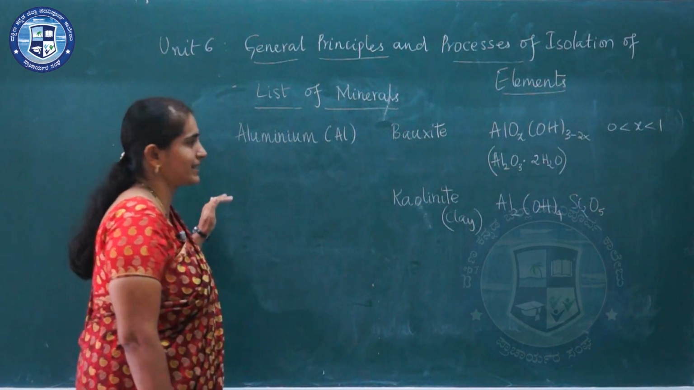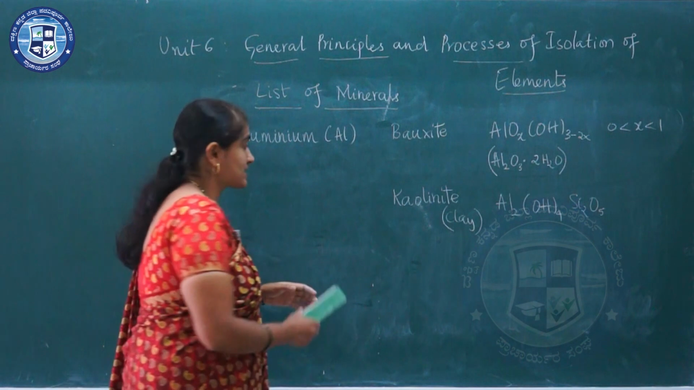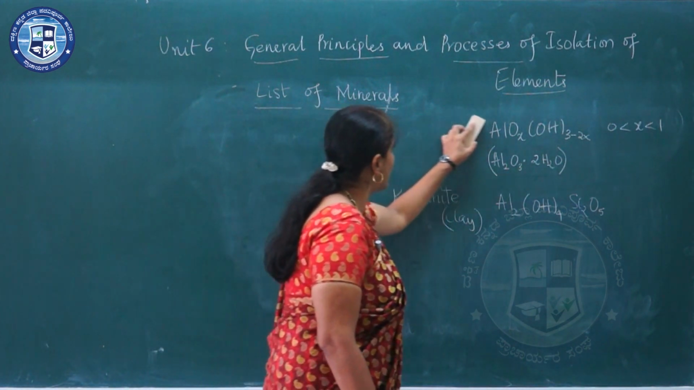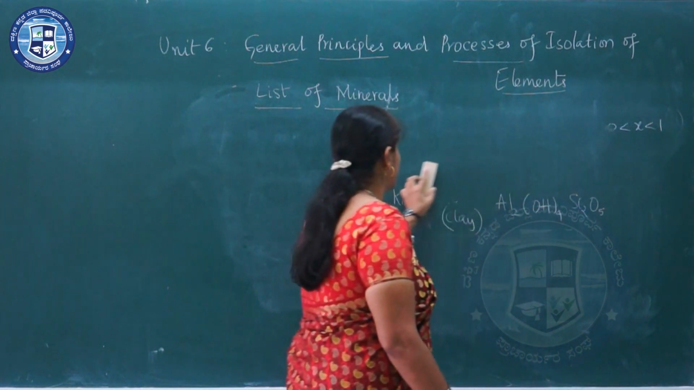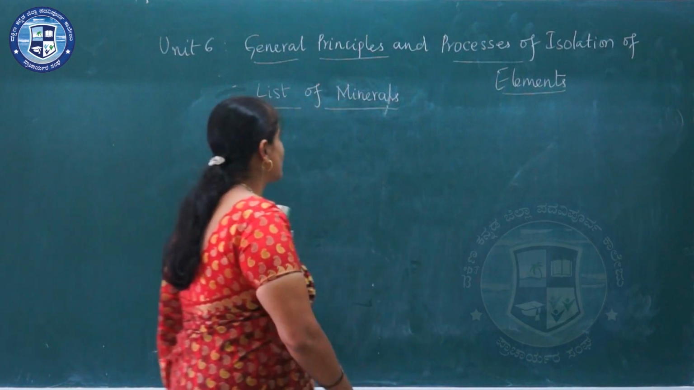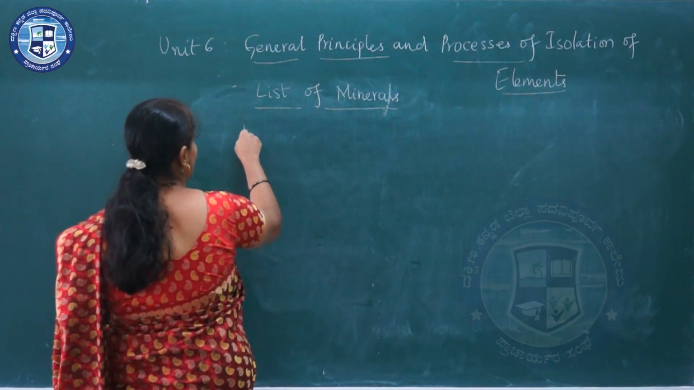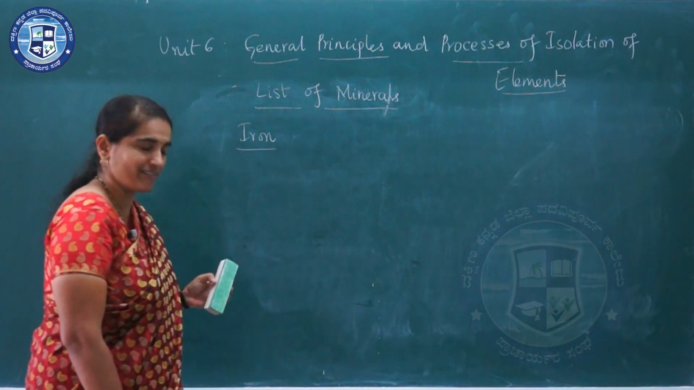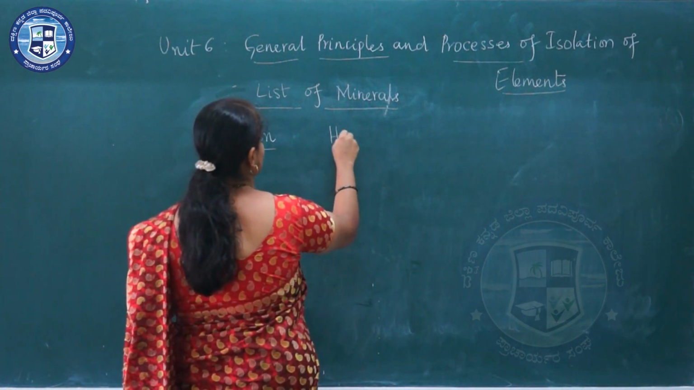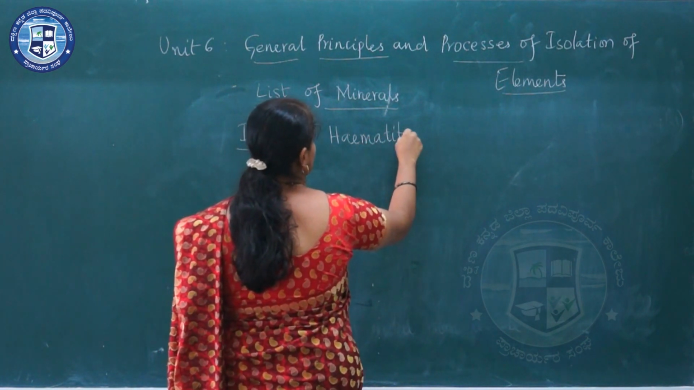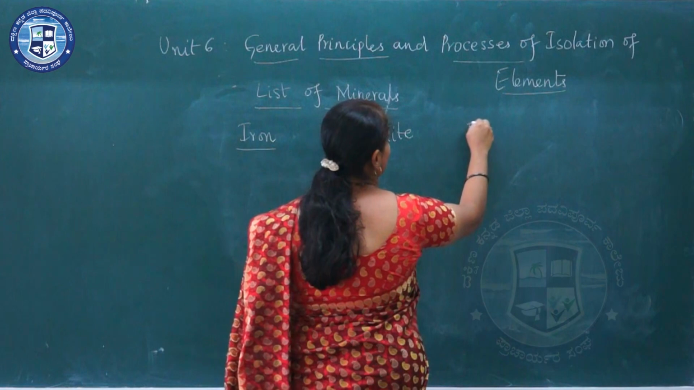Next, I go to the next important metal, which is nothing but iron. Now let us list out the minerals for iron. You might have heard the name hematite, isn't it? For iron there are lots of minerals possible. So let us list them one by one. First comes hematite, with the formula